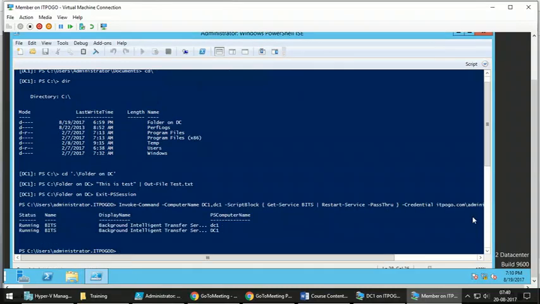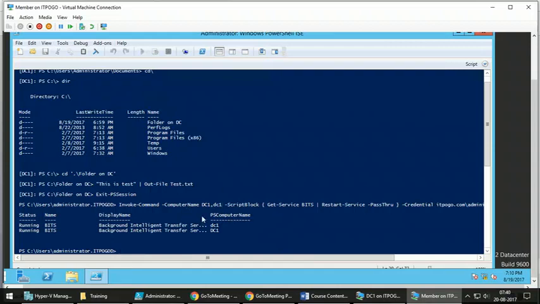So it is connecting to the remote computers, assuming that these are two different remote computers. This time the difference is, see what is the difference between running this command locally and running this command through Invoke-Command on remote computers. This fourth column will get added, wherein it will show you against which computer this command was running. So here you can give n number of commands.